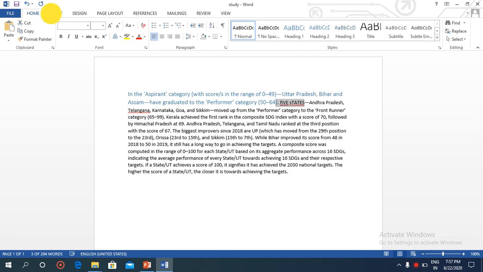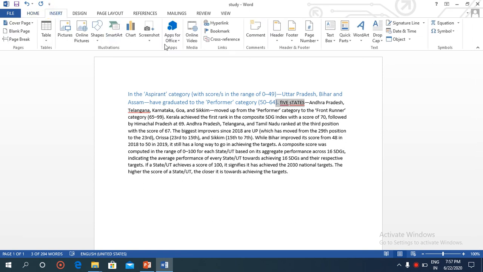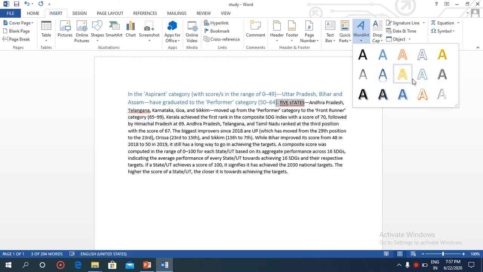It can be inserted from the Insert tab. Here we can see WordArt written. From here, we can change the decorative effect of our text. The steps are: step 1, click the Insert tab. So I have selected this. Then select the WordArt button in the Text group. From here I have to select the WordArt button.